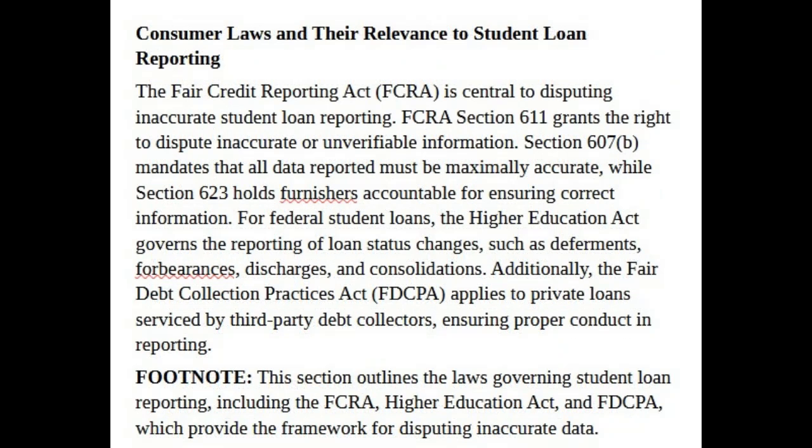Consumer laws and their relevance to student loan reporting. The Fair Credit Reporting Act, FCRA, is central to disputing inaccurate student loan reporting. FCRA Section 611 grants the right to dispute inaccurate or unverifiable information. Section 607b mandates that all data reported must be maximally accurate, while Section 623 holds furnishers accountable for ensuring correct